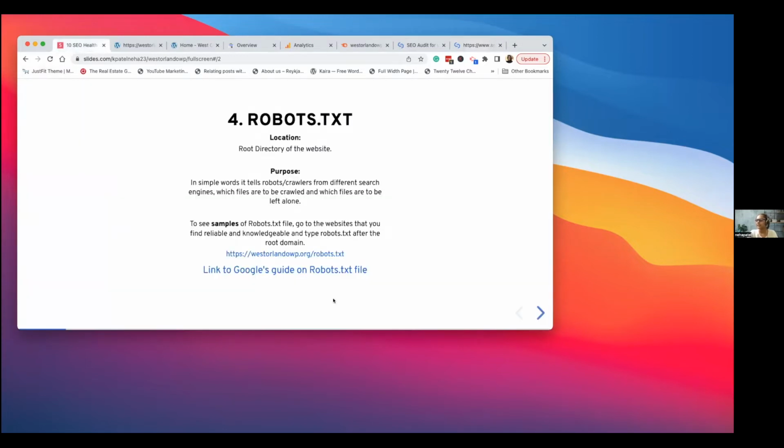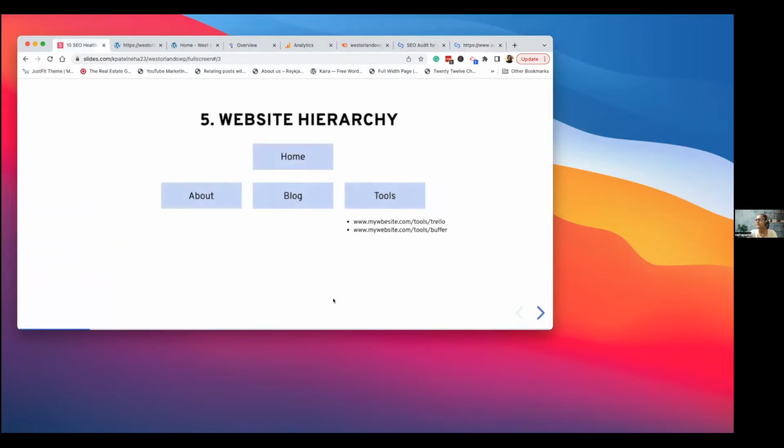Next, website hierarchy. When I say website hierarchy, I mean categorize your content properly. So let's say you have a home, which is the home page, about page, blog, tools. Let's say the blog has 4 to 5 different types of categories. Now it's up to you if you want to have that category listed in the URL. For example,